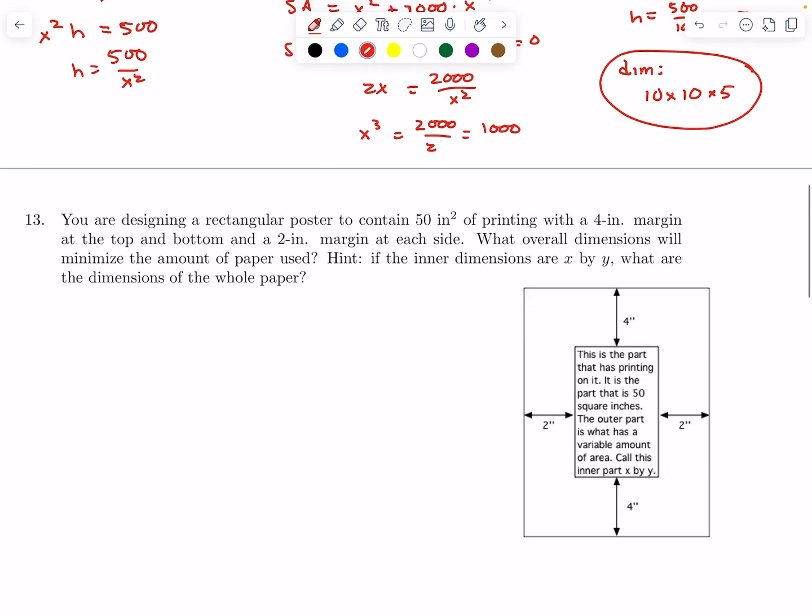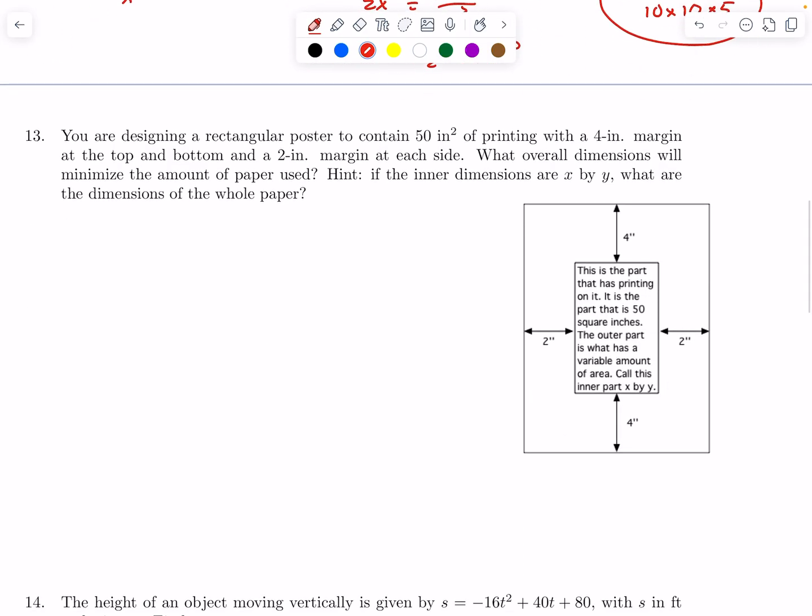Okay, next. We're designing a rectangular poster, 50 square inches of printing inside, 4-inch margin at the top and bottom, 2-inch margin at the side. The inner dimensions have the 50. So I'm going to call the inner part x by y. And then the outer dimensions, which is we're trying to minimize the paper,